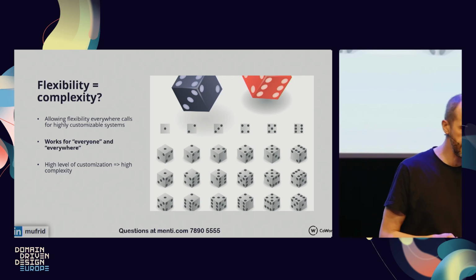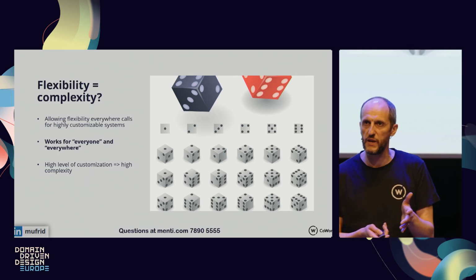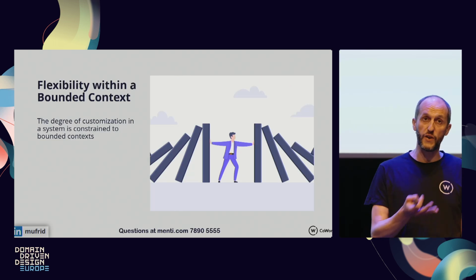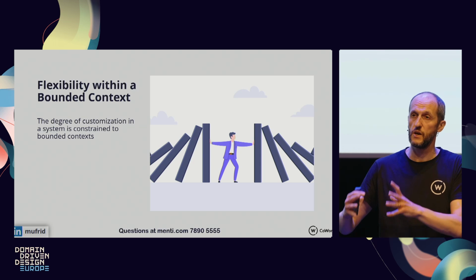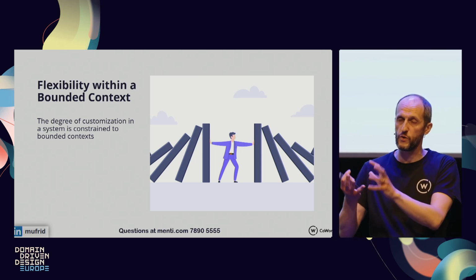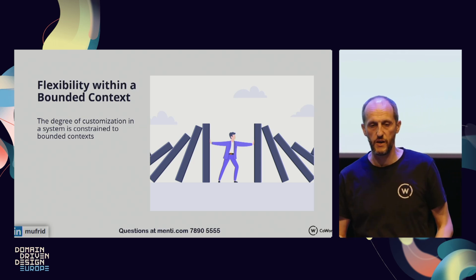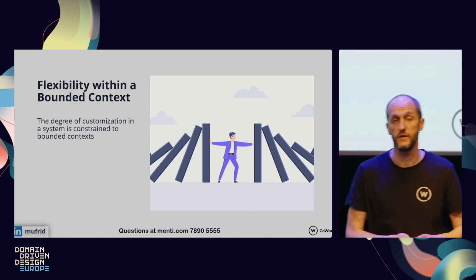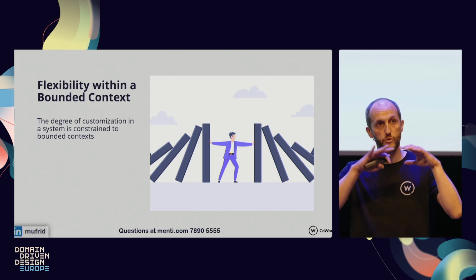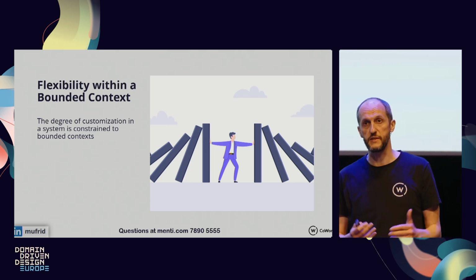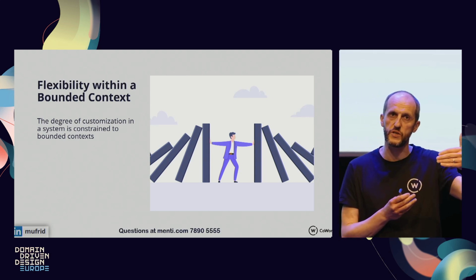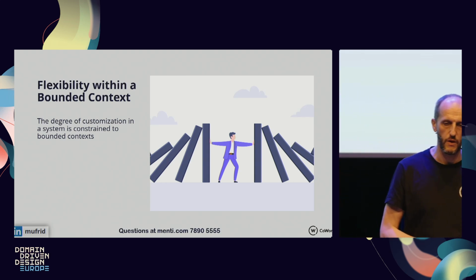So how can we still achieve flexibility but reduce complexity? Well, that's what bounded contexts are for. You allow flexibility within a bounded context. So let's create bounded contexts where it's possible to set up and configure the system, but within the context itself. So that was one of the ideas behind bounded context: to encapsulate the complexity. So you allow flexibility, but you try to align the context boundaries to what your user needs. Okay.